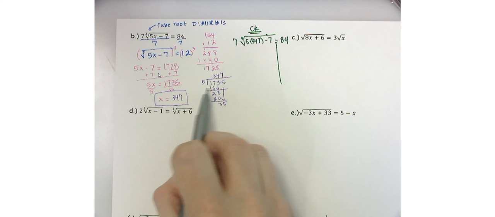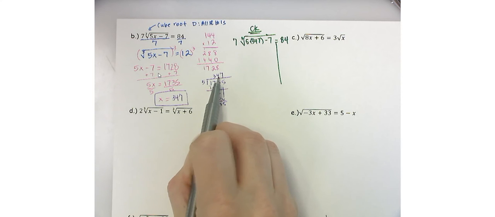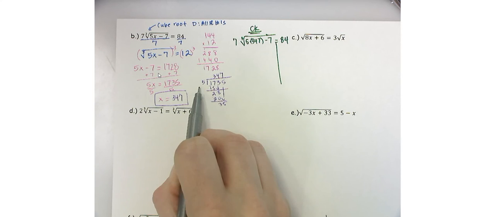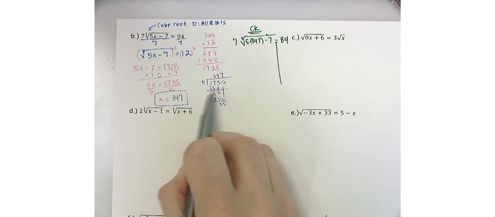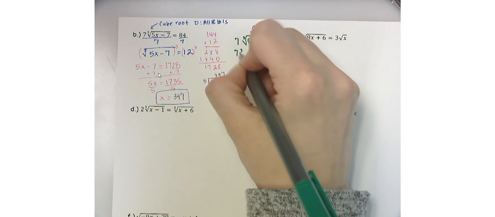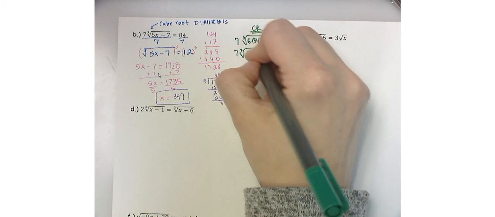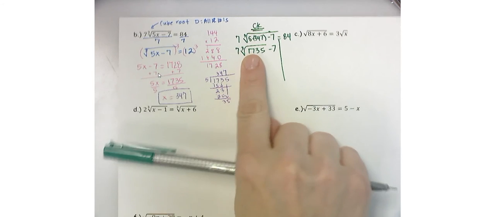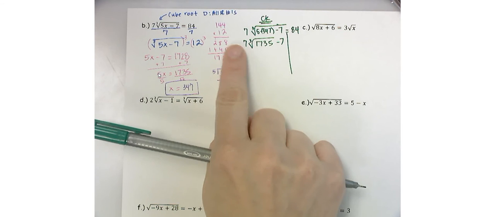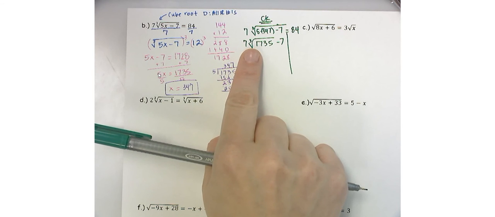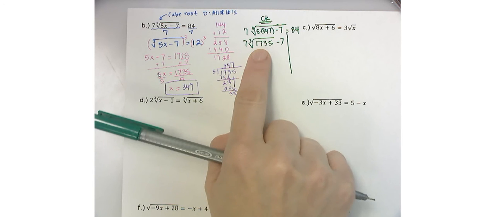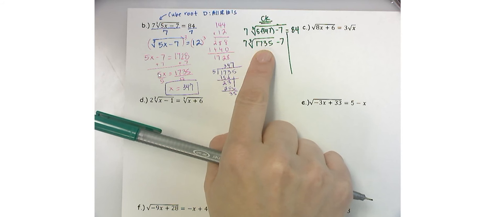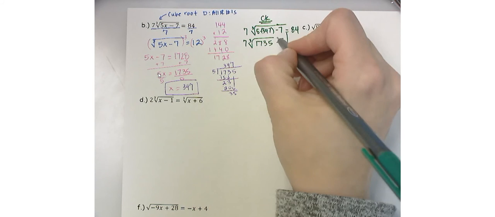Oh, I don't know what the cube root of that is, but how did I get 1735? Where did that come from? Oh, sorry, I have to minus 7 first. Right, 1735 and then minus 7, it's all underneath the radical. So that's your 1728, subtracting 7. And then if I'm cube rooting this, didn't it just come from the 12 cubed? So then it's 7 times 12, which is